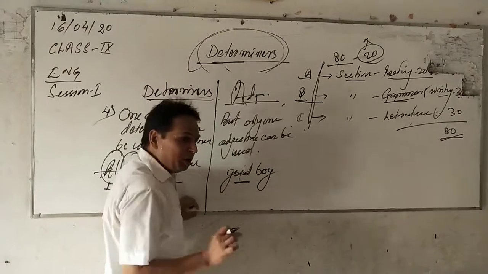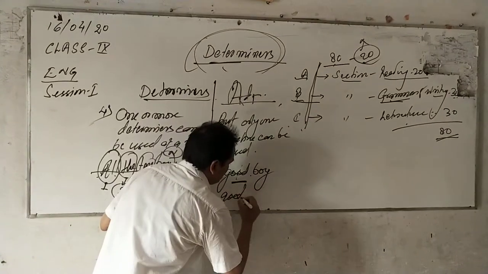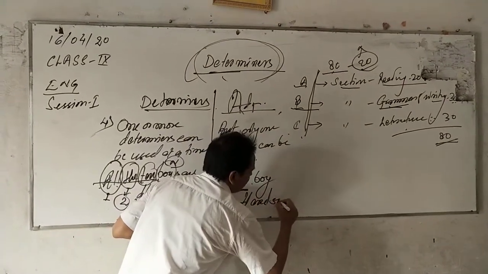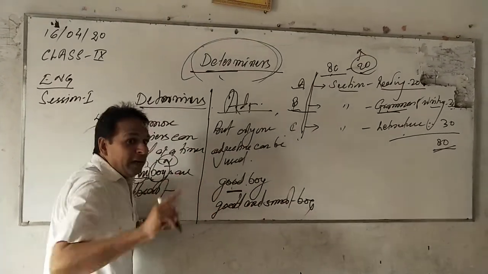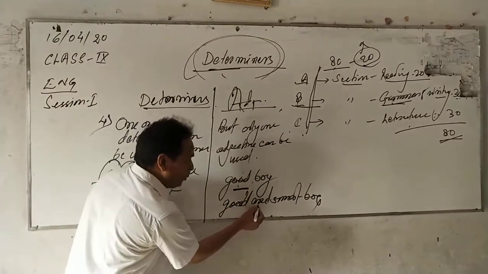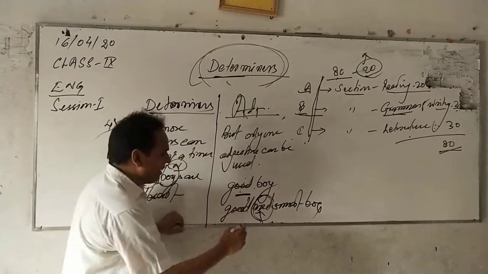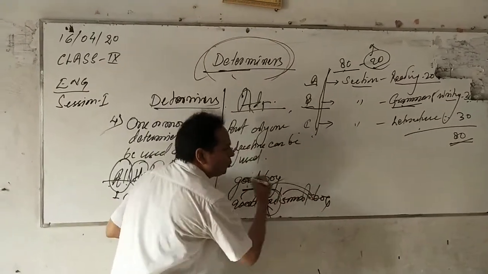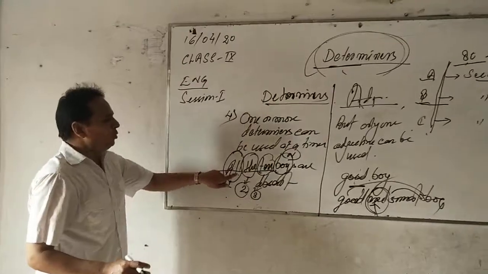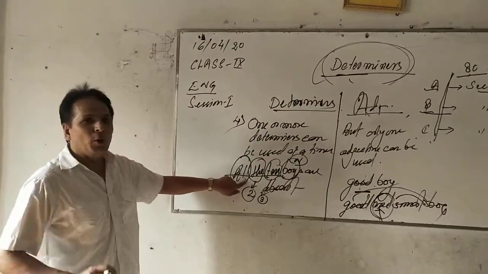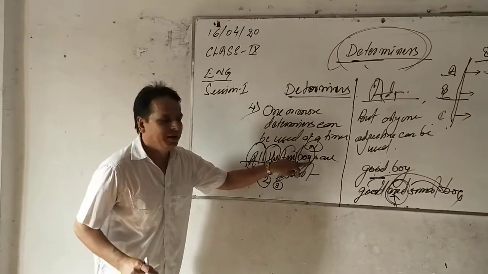And if we want to use another adjective for the same noun, then we need a connector. As for example, good and a smart boy. So here you can see we needed to use two adjectives, then we have to use the connector also. So without any help, only one adjective can be used before the noun, not more than one. But in the case of determiners, without any help, there is not even a comma at all, forget about the connector. Three determiners have come before the noun boys.